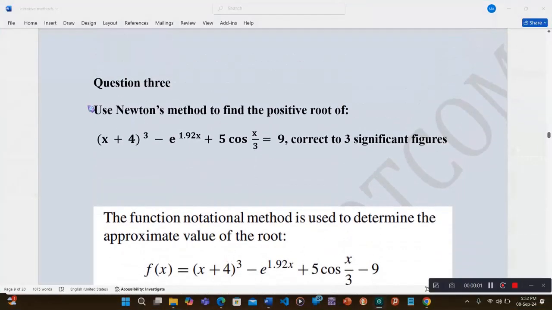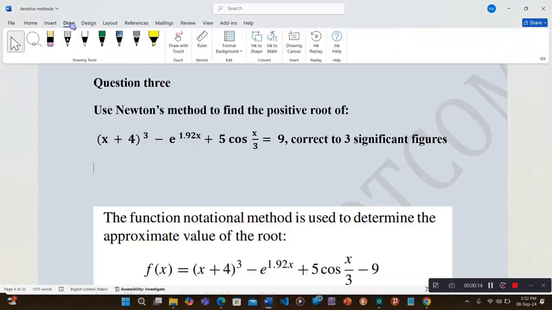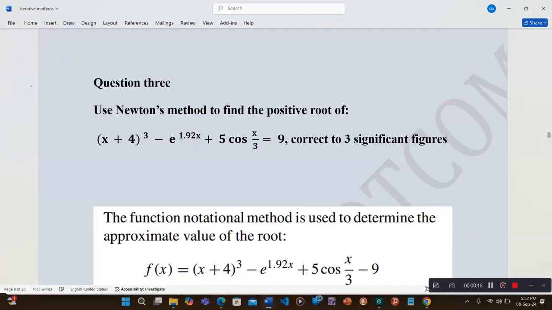So we have another problem for using Newton-Raphson method to find the positive root of. The key thing you must understand is how to differentiate this function. That is the only issue that could be there, how to differentiate this. Okay? And usually, if you are to differentiate this function, you can say let